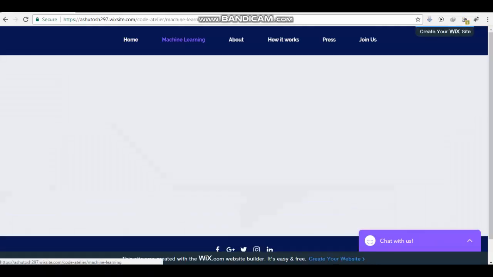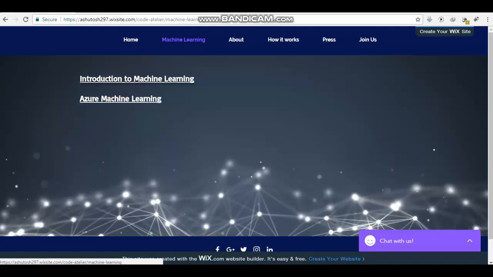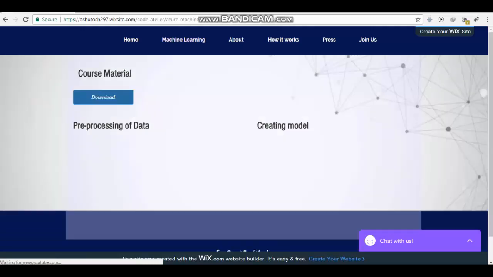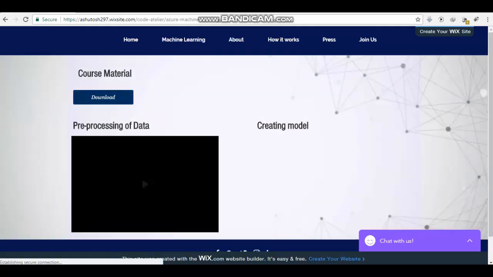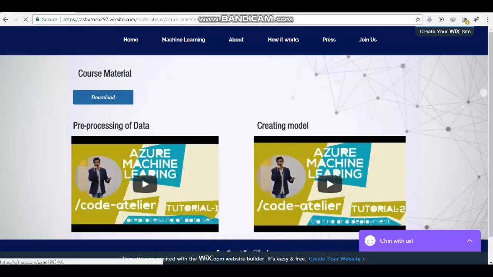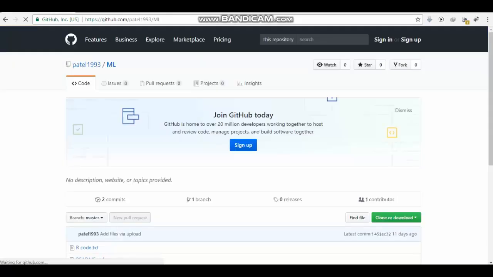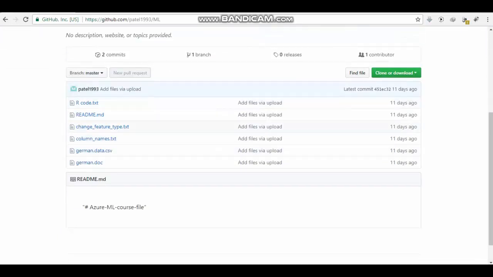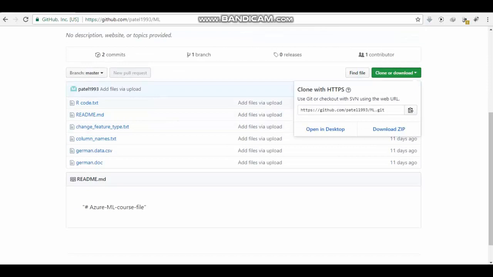If you click on the machine learning tab, just click on download. It will direct you to my GitHub repository, and from here you can download it as a zip file.